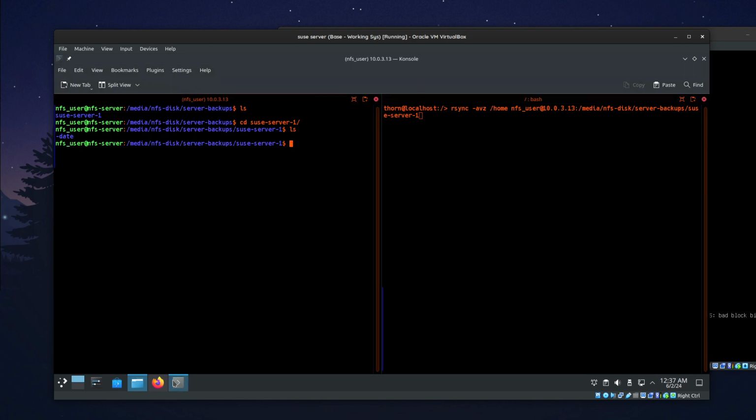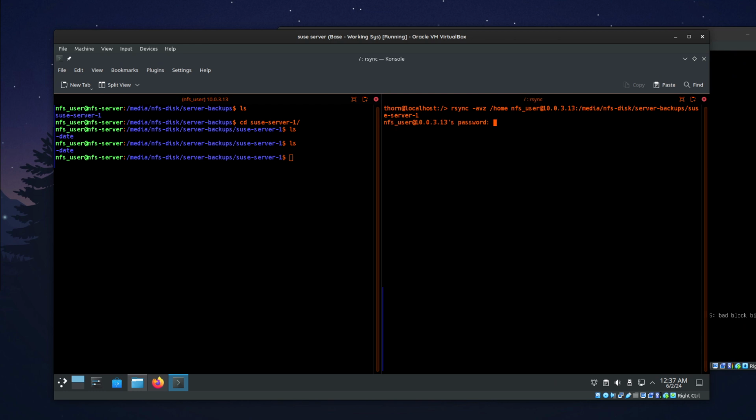Okay, so back into the terminal, which means that if I run this command, everything in the home directory should now be on the NFS server, right? So now I can show you ls. There's nothing here. It's only this folder here, so there's nothing there. Okay, so now if I press enter,